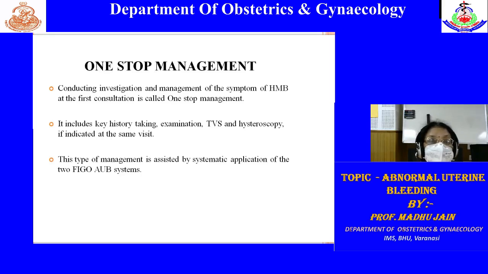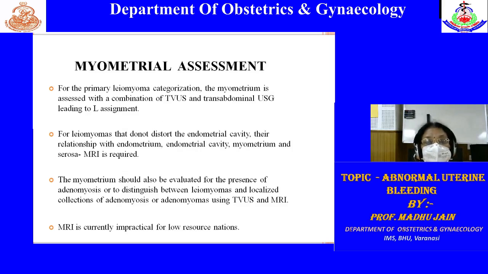Now about the management. After the classification, and after knowing in which group it comes, whether it is adenomyosis or fibroid, and doing the important investigations, then comes the management. The one-stop management is to take a proper history, examination, perform TVS and hysteroscopy, and classify it under the category of the FIGO PALM-COEIN system. For the myometrial assessment on TVS, you have to categorize whether the myometrium looks normal or abnormal, whether the endometrial cavity is distorted or not,